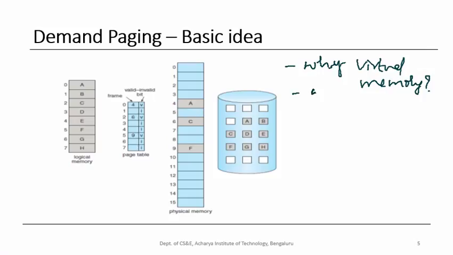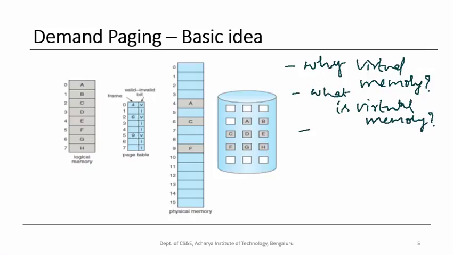Okay, then we also understood what is virtual memory. Okay, so the view that the programmer gets is what is the virtual memory or the logical memory. That is, a programmer will think that the instructions and data are stored in the consecutive memory locations, but it is not actually so. So every logical address or virtual address that is produced by the CPU has to be translated into physical address by a memory mapping unit called MMU.